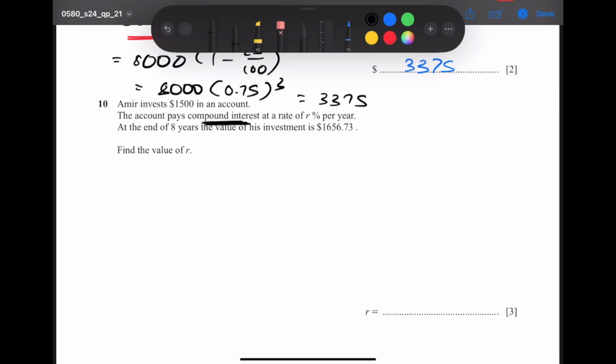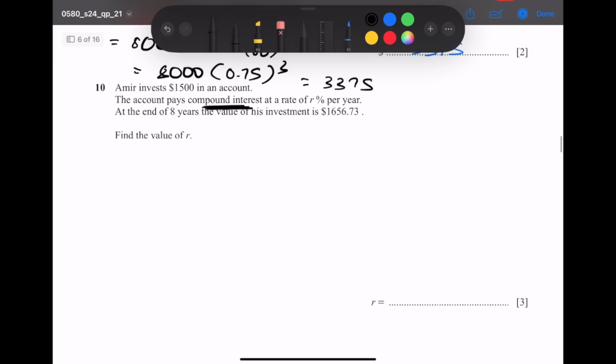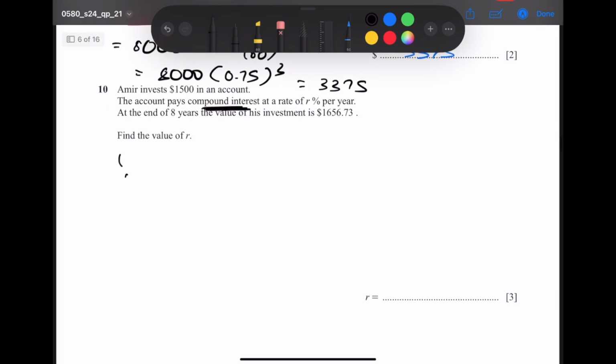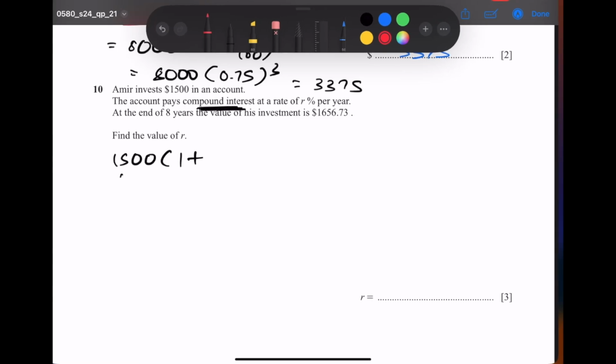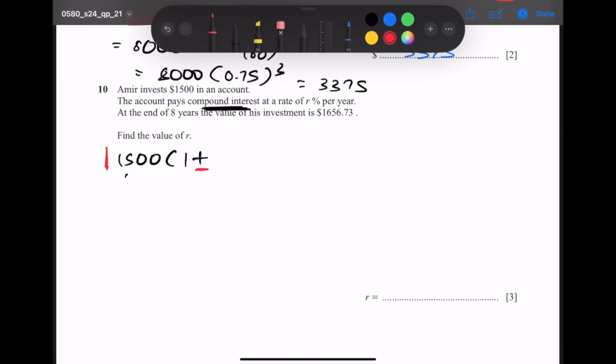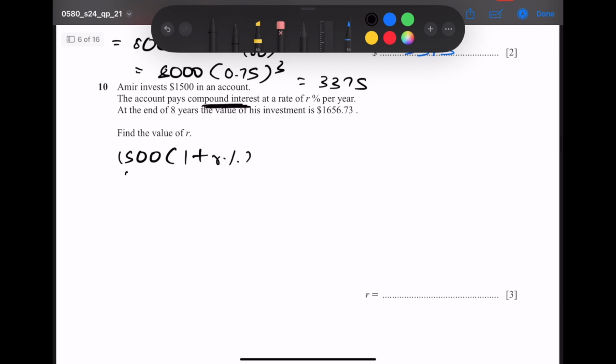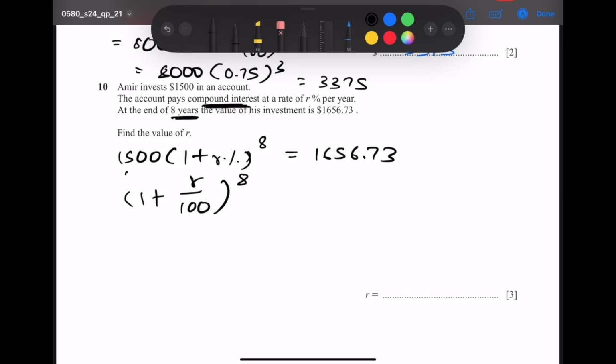So if the value of his investment after 8 years is defined as 1,500 times 1 plus, we are using plus in this case because the value of his account is increasing over time. So 1 plus r percent to the power of n, where n is equal to 8 because it's happening over 8 years. This is equal to 1656.73. So 1 plus r by 100, since r percent is equal to r by 100, to the power of 8 is equal to